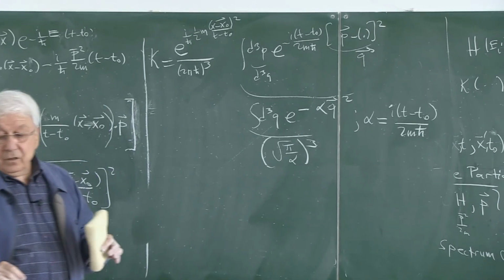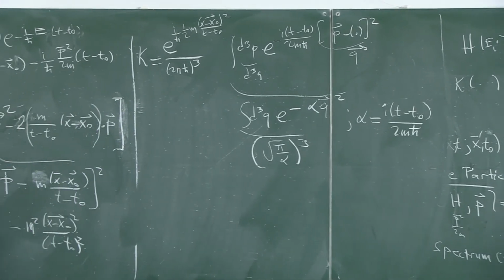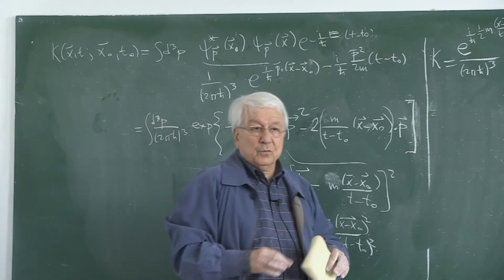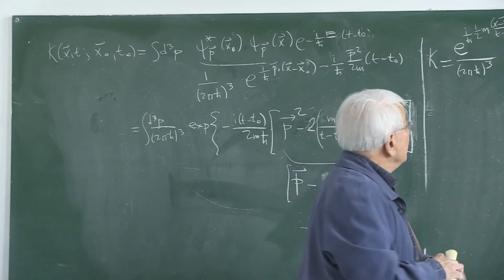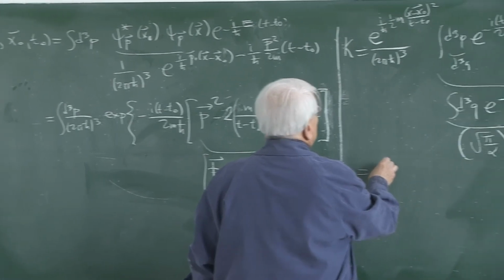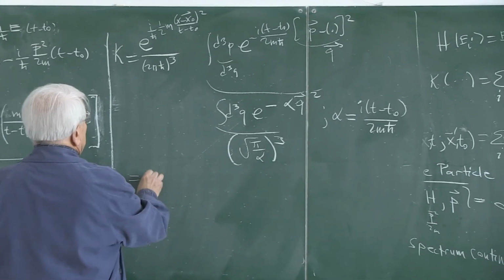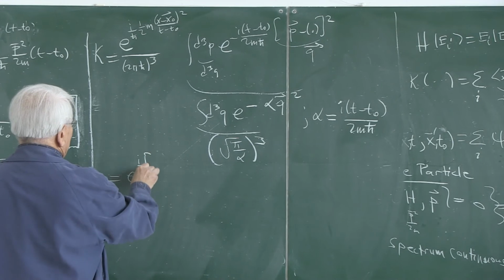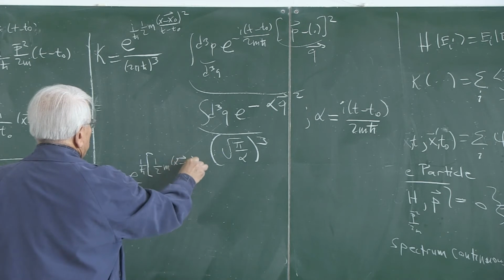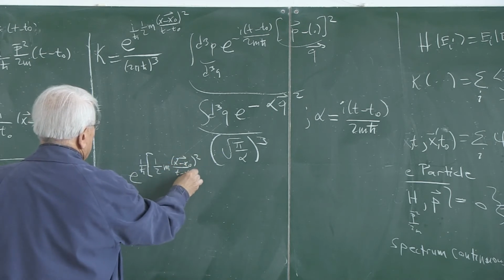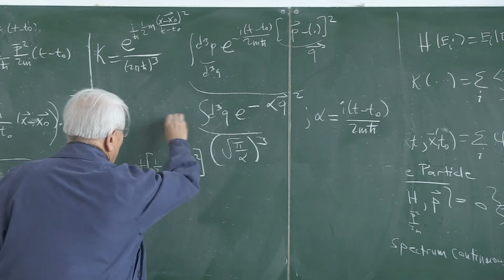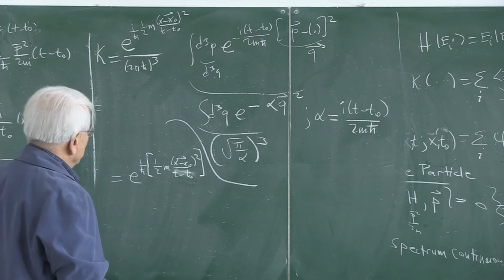Remember, I told you that this integral must be a part of your culture when you are taking quantum mechanics. The Gaussian integrals are supposed to be known by heart. So we are there really. So what is it? E to the i over h bar, 1 over 2 m, x minus x0 squared divided by t minus t0, times